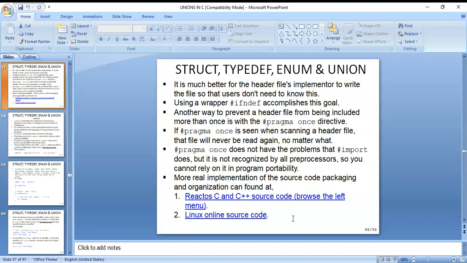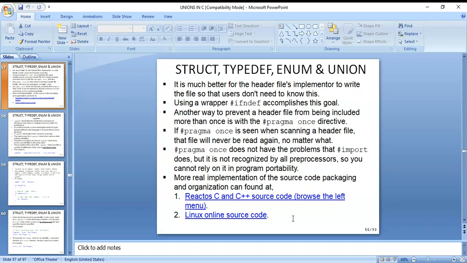It is much better for header file implementers to write the files so that users don't need to know this. Here, using a wrapper #ifndef accomplishes the goal.